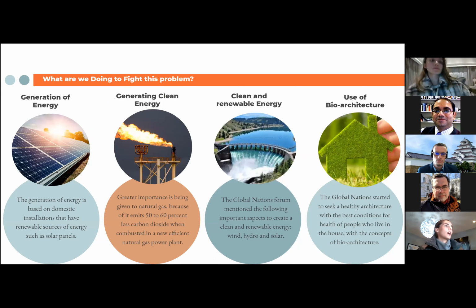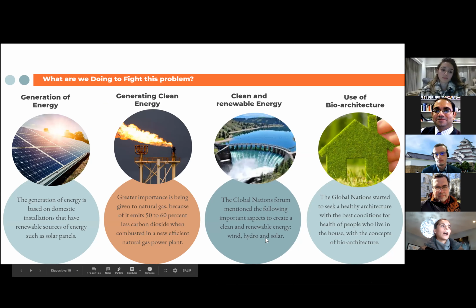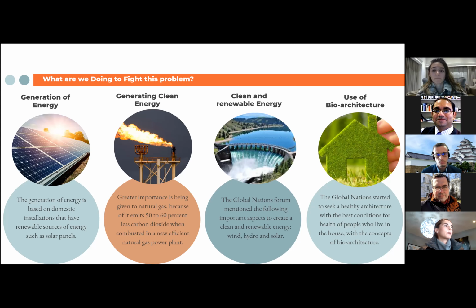The business people are formulating cross-cutting measures and designs that architecture can support in order to fulfill this purpose of sustainability, within which we can catalog a certain branch such as bioarchitecture. Examples of measures carried out by this firm are, for example, the generation of energy based on domestic installations that have renewable sources of energy using solar panels, as you can see